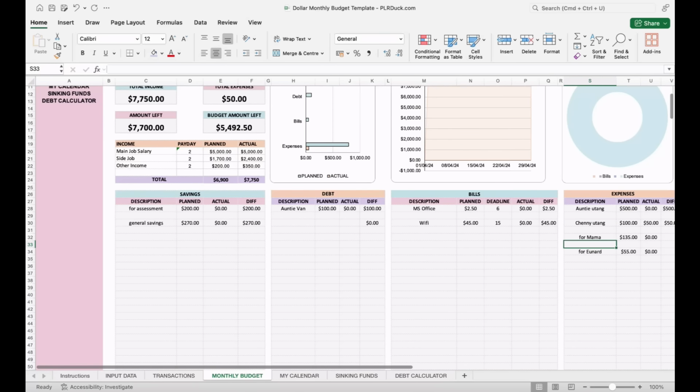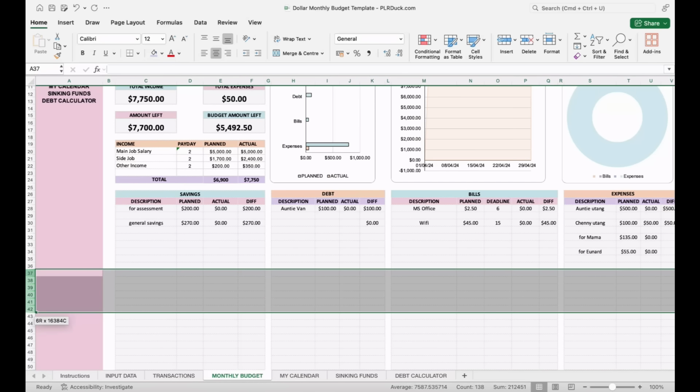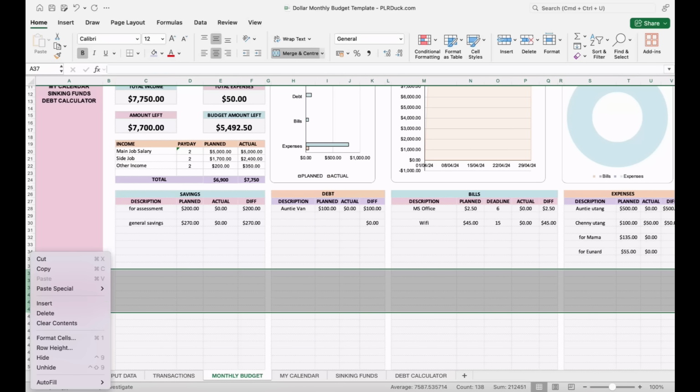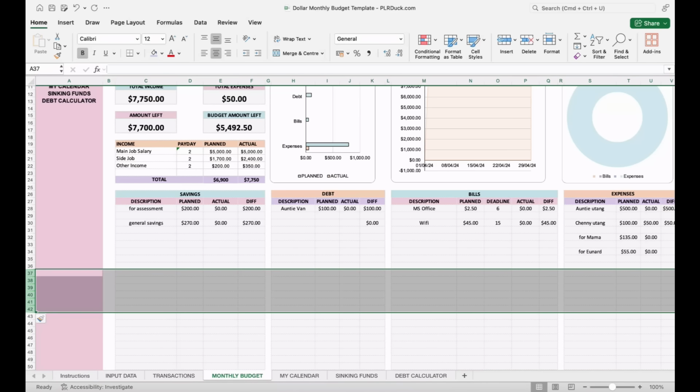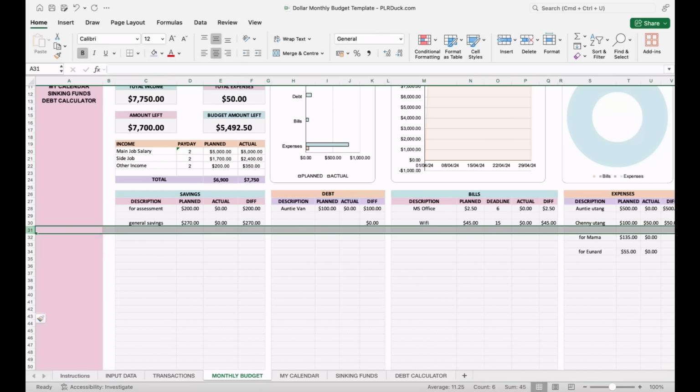So when you select the rows completely and then insert, all of them together, like 6 rows, will get added. But when you select each and every row separately and then insert, above each and every row a new row will get added. So this is how you can add more rows, like you can insert more rows in your Excel.